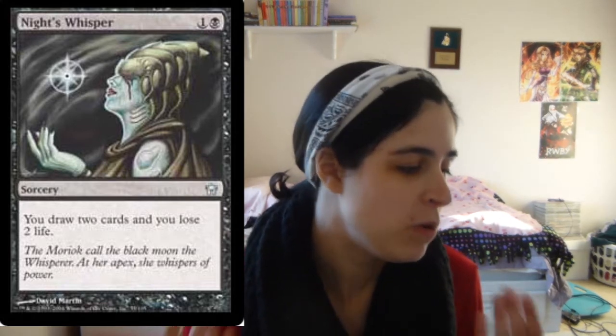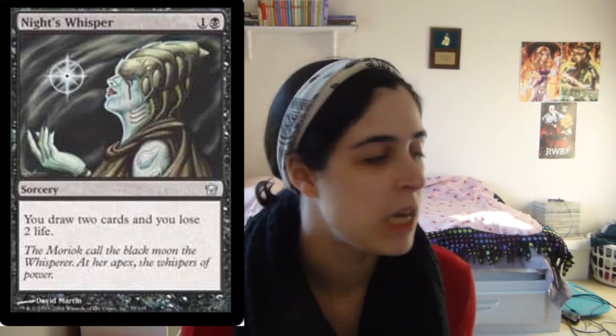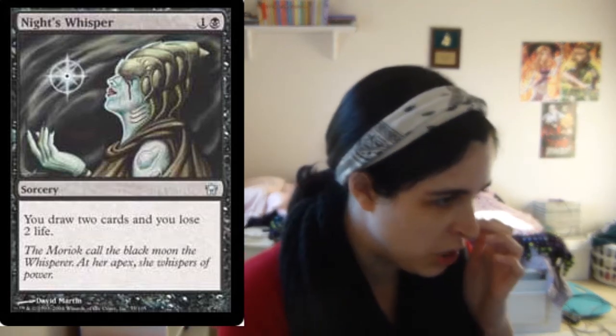Like in Night's Whisper, where you do lose 2 life, but you also get to draw 2 cards at sorcery speed. This card is definitely really solid. Again, I don't think the life loss is that big of a deal. And very similarly to that, there's a card I want to talk about hand in hand with it,